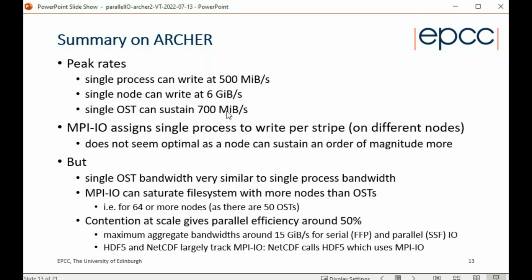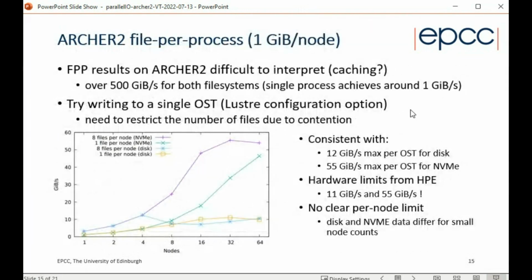The problem is on ARCHER2, the OST bandwidth, we have much, much faster but fewer OSTs. But the single process bandwidth is nowhere near that. And so there seems to be a setting which I have struggled to fix in the MPI-IO library that assigns one process per node to write. And that is suboptimal on ARCHER2, where it was absolutely fine on Archer. So if I jump forward to the actual results, that's file per process, which I've